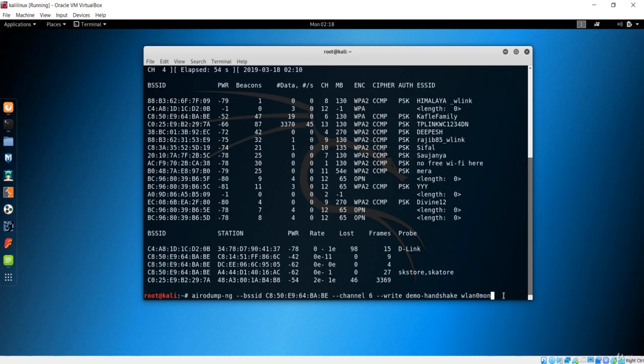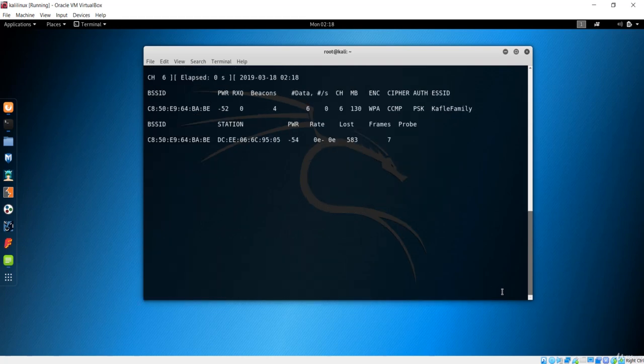So every time the client needs to connect to the network, we'll send this handshake packet, and there will be handshake communication between that network and our machine, with this airodump-ng, and we'll capture that handshake and use the word list to see what the password is. Basically, with this command we are saying to give the handshake to the client, or the network, and every time that client connects to that network we'll get a handshake acknowledge packet. We'll use that in the form of this demo handshake, which we give here as a name, and we'll crack it with another application. So let's see, if I hit enter.